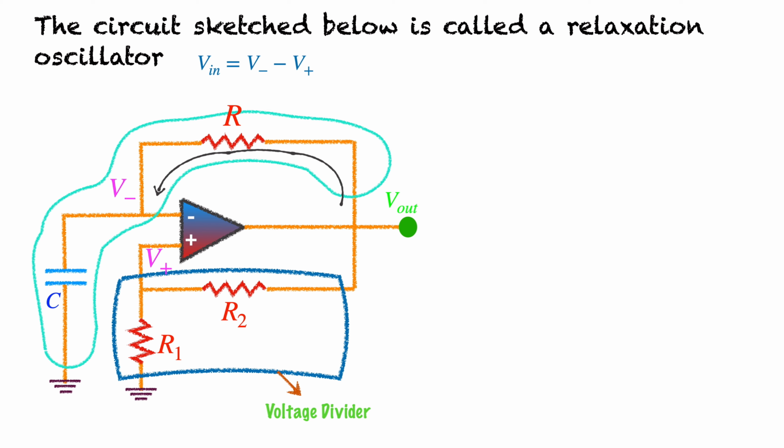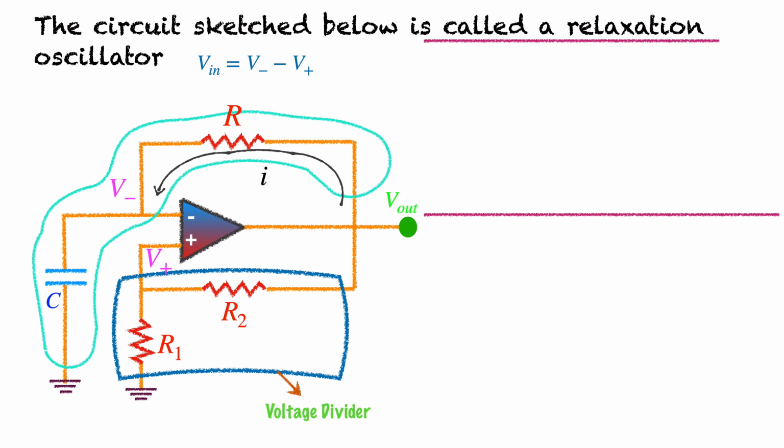Remember that the voltage difference between the inverting and non-inverting terminals is very crucial here. Unlike other cases, here the voltage difference between V minus and V plus is not zero, rather it will have some value. If V input, that is V minus minus V plus, is positive, the output voltage becomes negative, whereas if the difference between V minus and V plus is negative, then the output voltage will be positive. So let the current be I.